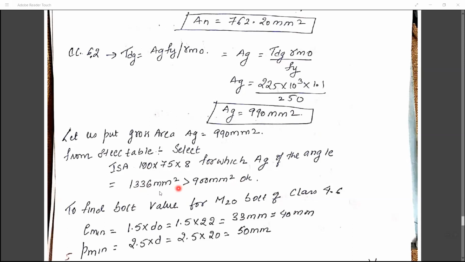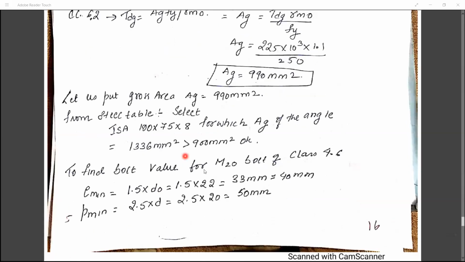Don't take 1800 mm square or 1500 mm square area. Only take the one which is nearer to 900: 1100, 1200, 1300. So select a little bit higher area so that your design will be safe, because if your design is not safe, your examination time will be wasted. If you redesign once again, your time will be wasted. That is why I am stressing this, because you select a little bit higher area. So rupture failure will not always take place and your design will be safe.